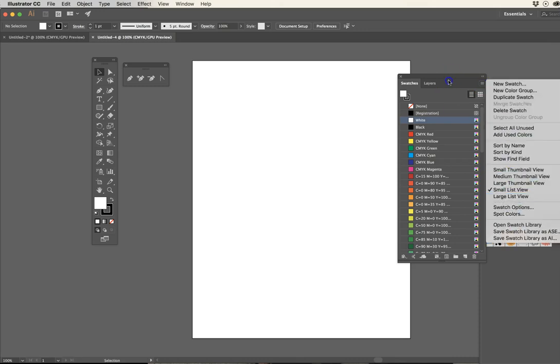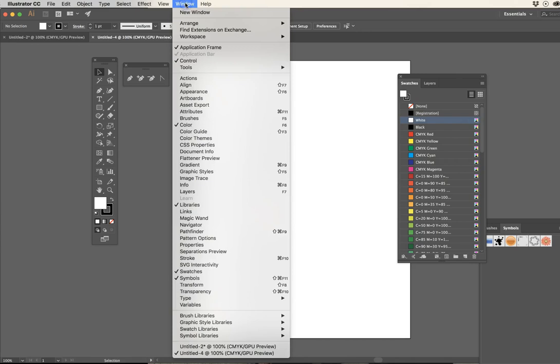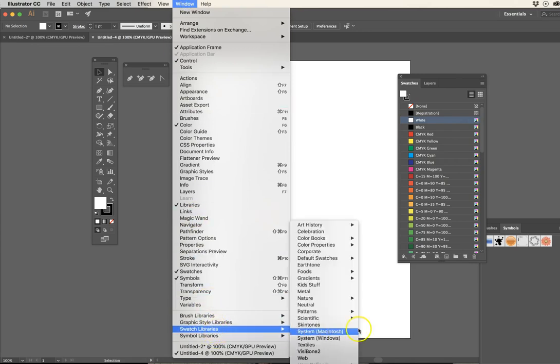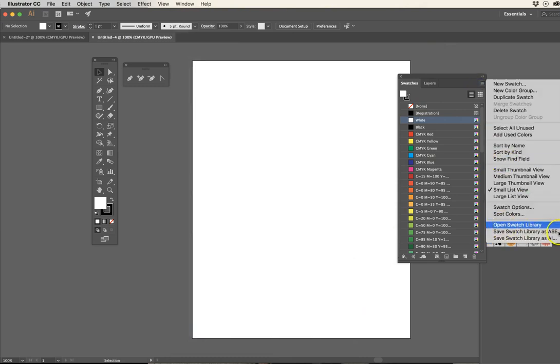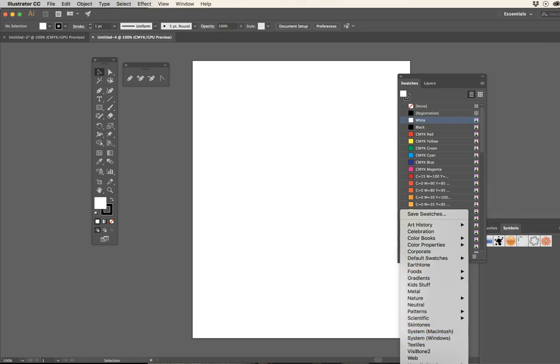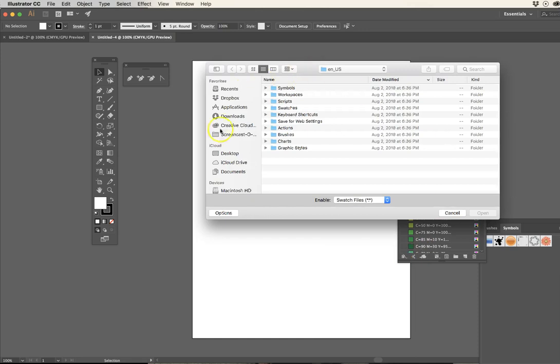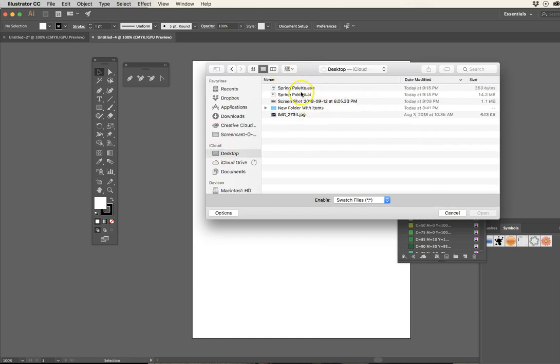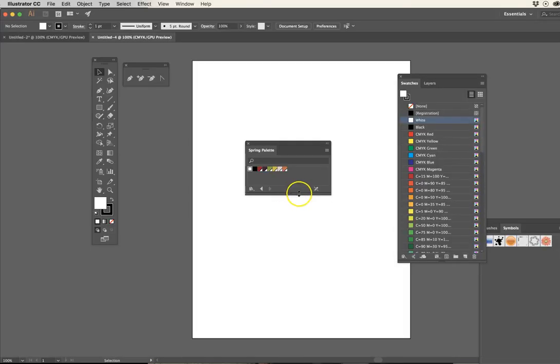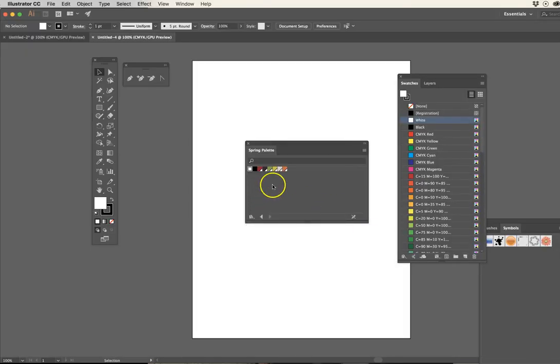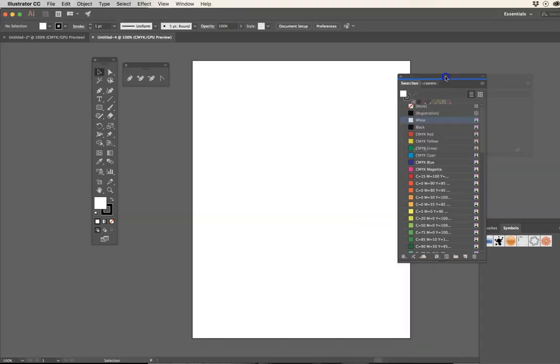open a swatch library, or you can come under window, swatch libraries, and you're going to come over and find other library. It's coming out of my window, but you scroll all the way down to other library, and under other library you'll find Spring Palette ASE. And when you open it, you've got your swatch library with your colors ready to use and start coloring up